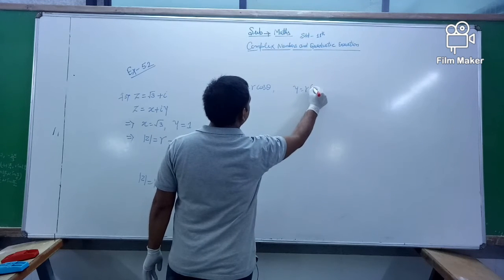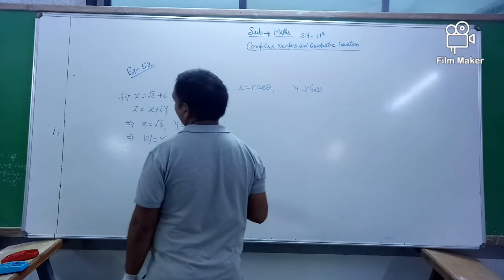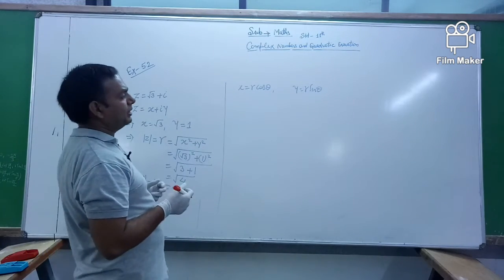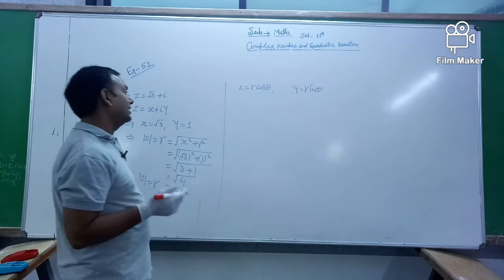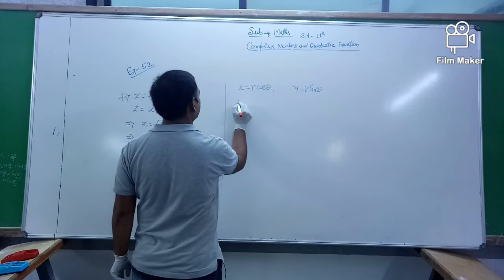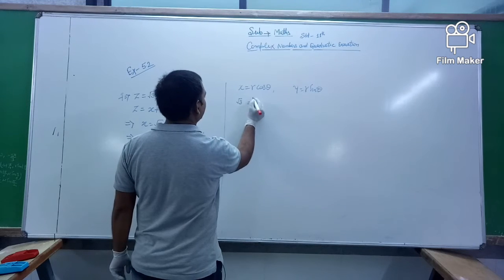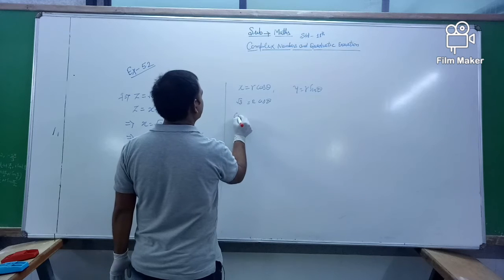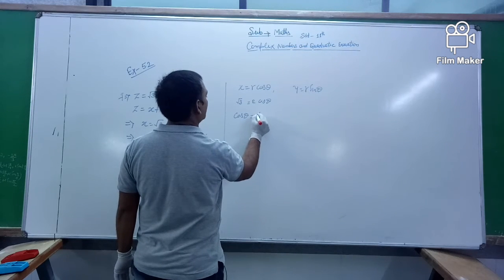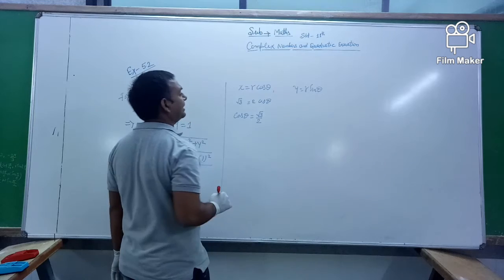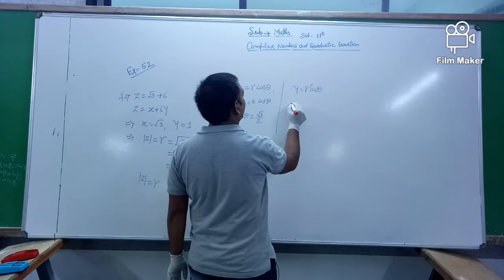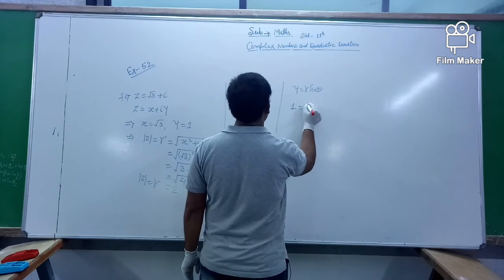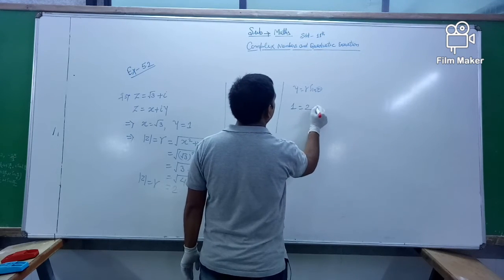After that, you also find that x is equal to r cos theta and y is equal to r sin theta. You put in the values. x is equal to under root 3, and r is equal to 2, so 2 cos theta. It means cos theta is equal to under root 3 by 2. And y is equal to 1, which is equal to 2 sin theta.